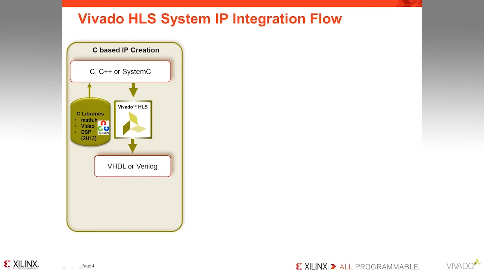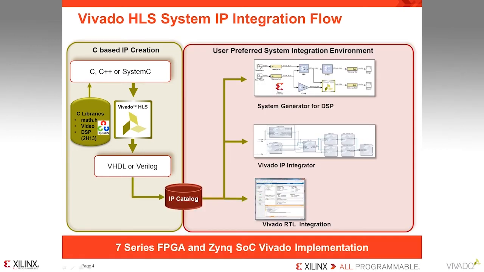Okay. Here's a more in-depth or system view of Vivado HLS. So again, we take C, C++, or System C through to Verilog or VHDL. Now the other thing you'll notice in this diagram is that Vivado HLS, the C, C++, is also including C libraries, either math.h, some video, or some DSP libraries which are coming later this year, the second half of 2013. And you'll see there the sign for OpenCV. We'll discuss this more in this presentation, but Vivado HLS does use a number of C libraries to improve the performance of the designs. When we take the output of Vivado HLS, it can be exported into the IP catalog